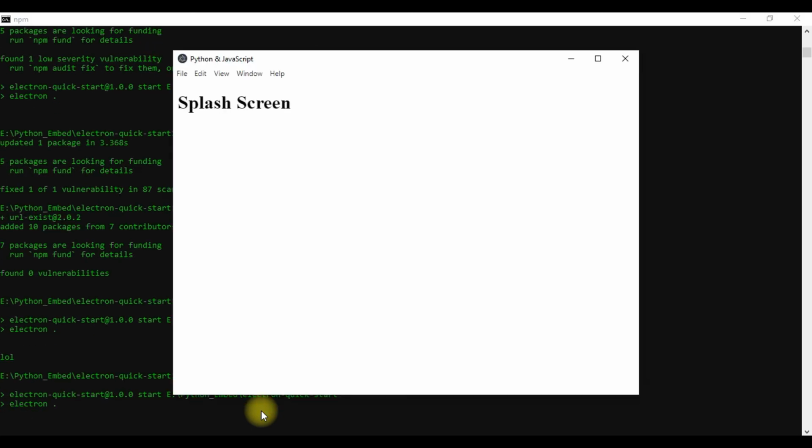It can start. This is our splash screen, and this is our Flask application. So as you see, these both things are embedded now. You can use Electron.js with Python now, and you can add more CSS, more JavaScript into it, to make your application more elegant and more beautiful now.